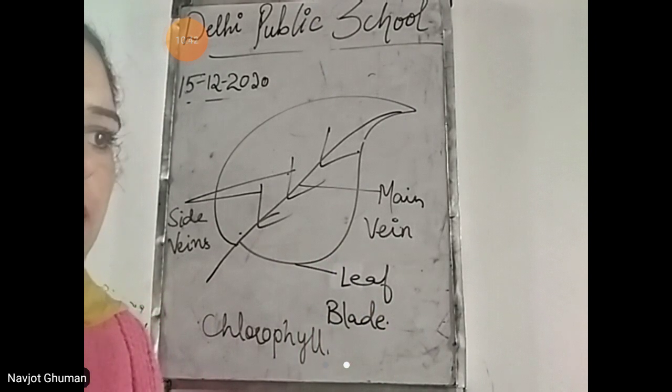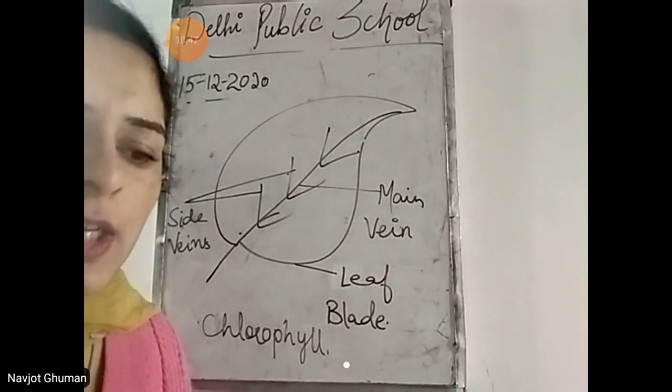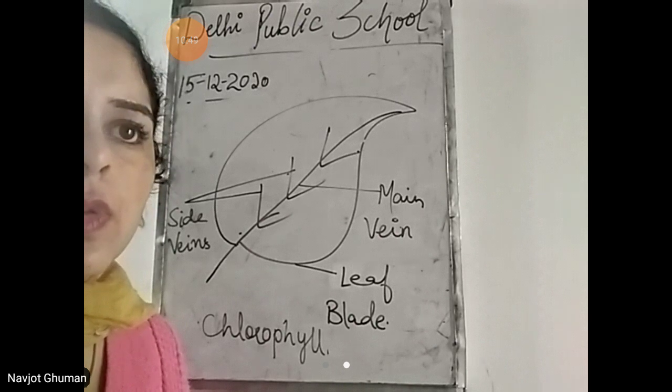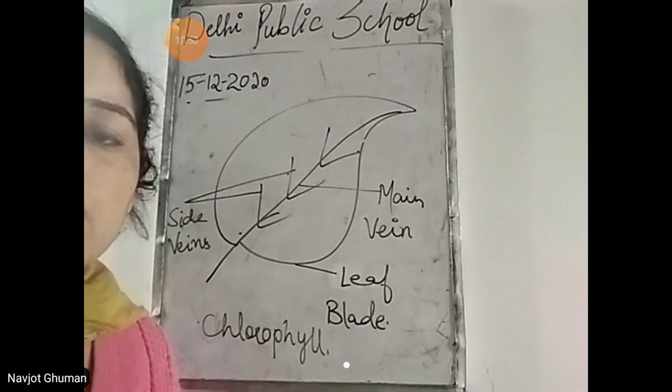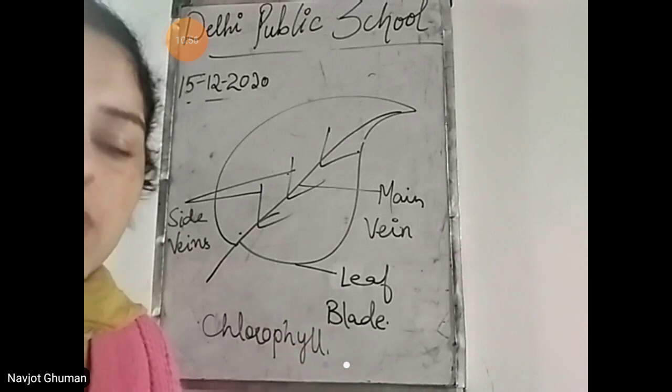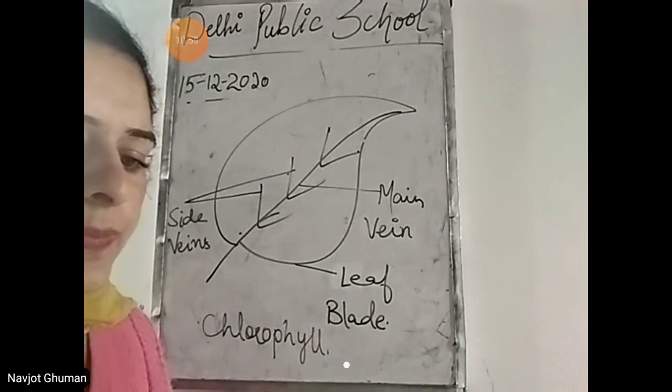Leaves of some plants, they store food. कौन कौन से plants हैं जो leaf में food store करते हैं? Like spinach, cabbage, they are eaten by us as food. Coriander, lettuce, जो भी है ये आप खाते हो क्योंकि उनके leaves में food store होता है. So that was about the leaves.